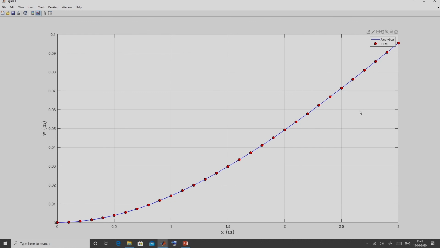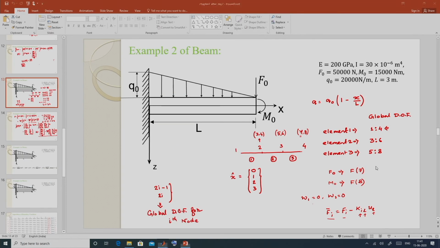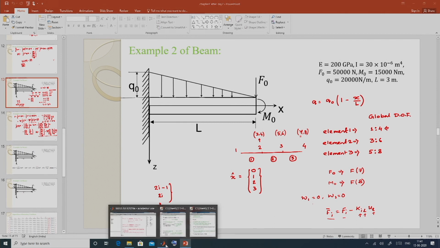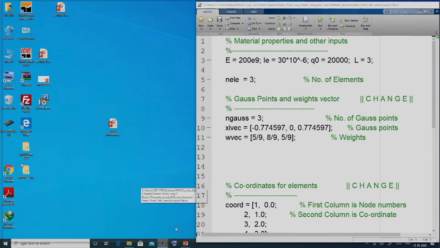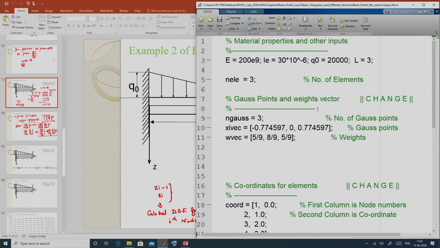Now, suppose we want to solve the same problem, but with 5 elements, with a refined mesh. In that case, in our generalized framework, we have to only change our input file.